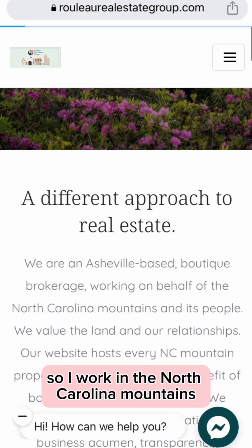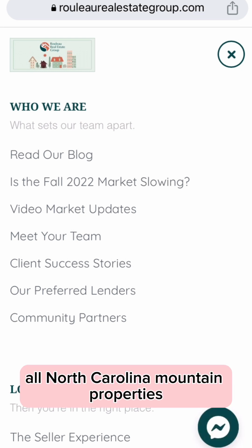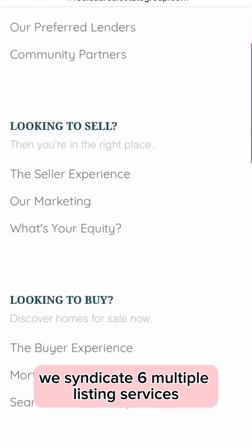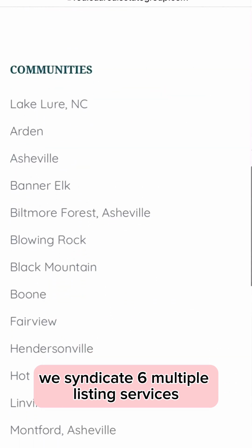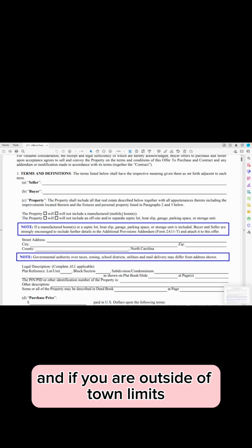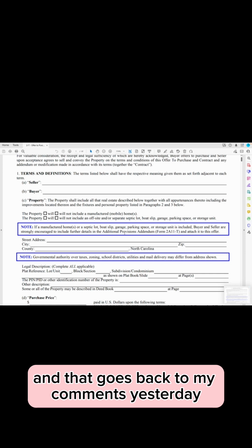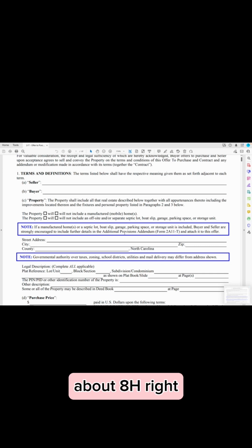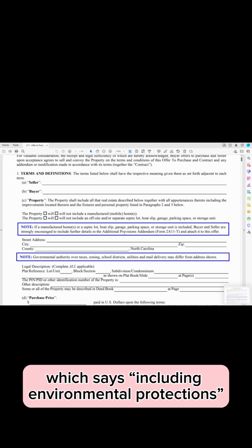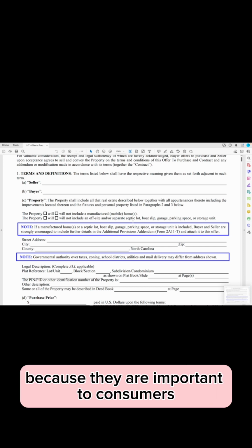So I work in the North Carolina mountains. My website covers all North Carolina mountain properties. We syndicate 6 multiple listing services, but we are in the North Carolina mountains. And if you are outside of town limits, then you are going to be on a septic system. And that goes back to my comments yesterday about 8H, right? Which says including environmental protections. So septic systems are exceptionally important to the Real Estate Commission because they are important to consumers, and it is